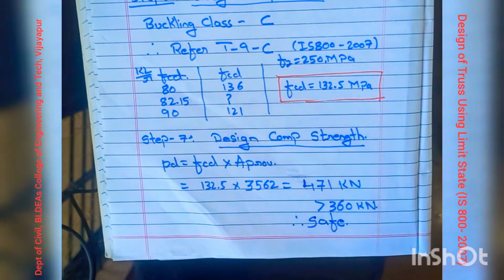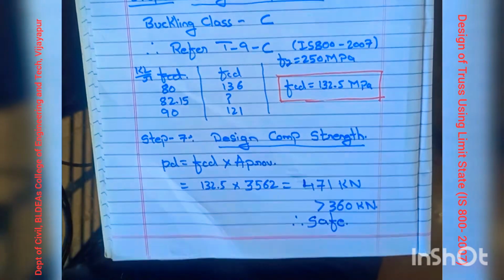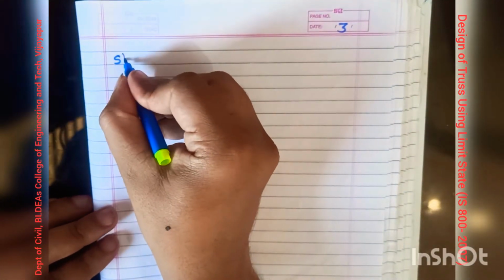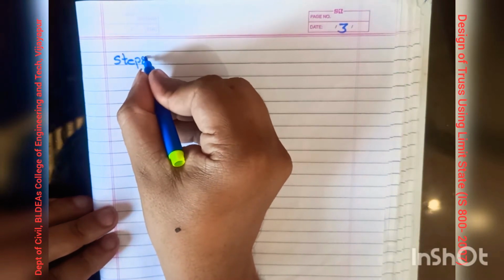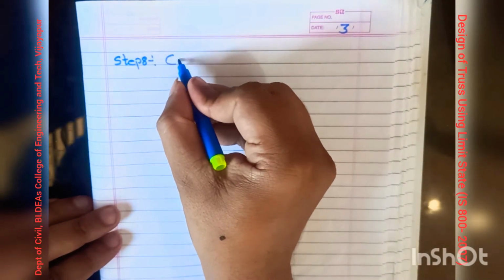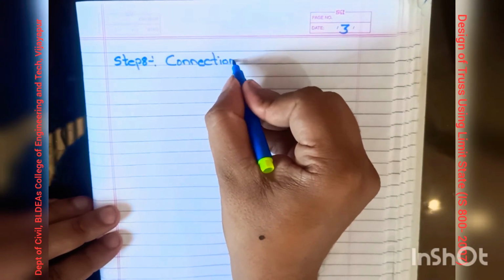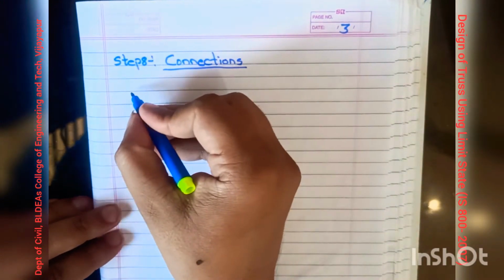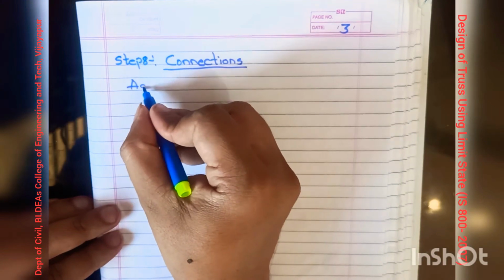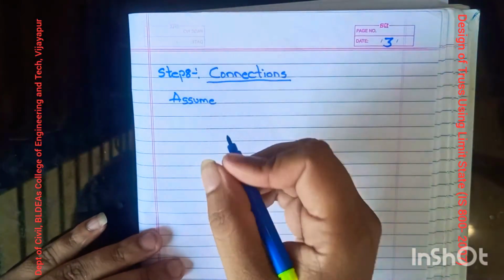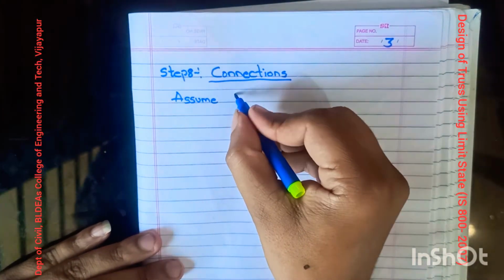So next we need to provide the connection. So now let us provide the connection. That is step 8. Let us provide bolted connections. If it is not mentioned in the question, we can assume it directly. So here in the question it is not mentioned anything, so let us assume